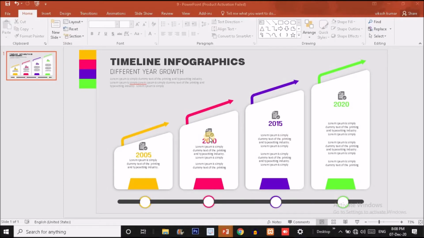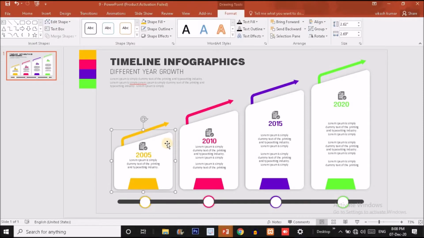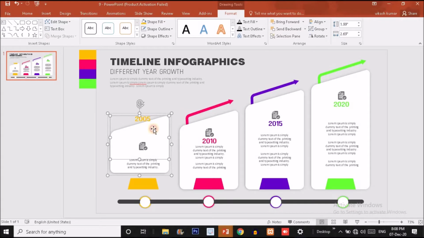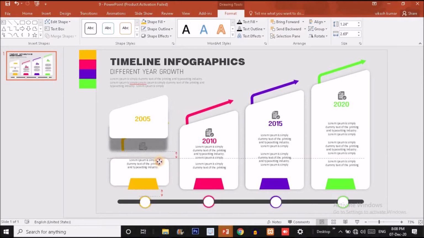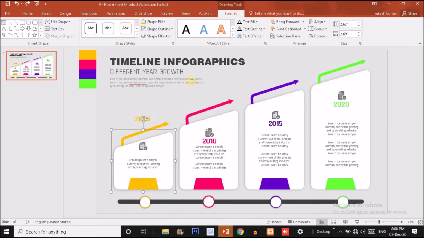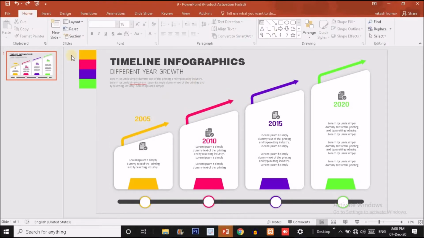Let me give you an overview how I have created this group of elements to make a shape like this. So let me click on this shape. As you can see here, this is a single group of shapes creating an element over here. So as I will click here, you can see which type of element I am using. So you can see here I'm using two shapes over here to create a single shape guys, like this. Okay, so without wasting any further time guys, let's get started.